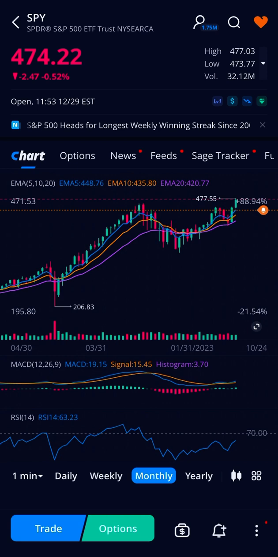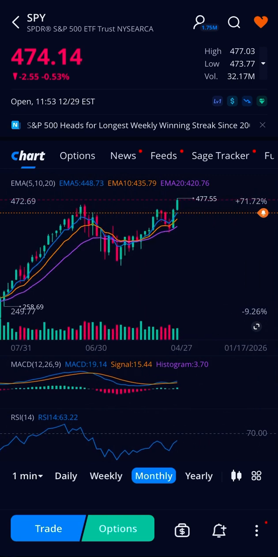I also have set up the RSI and the MACD. But typically, what I use the most when I trade is just the moving averages, with the chart set up on a monthly basis. I normally use it for the indexes, and for large market cap stocks that are well known. So what I typically look into on the chart is, if you zoom in a little bit,